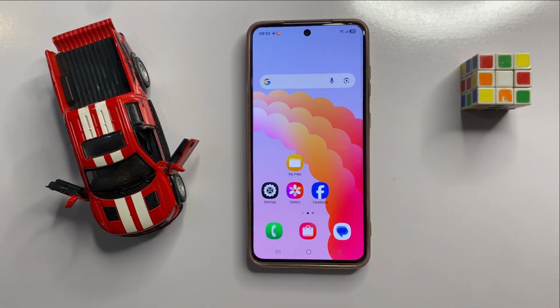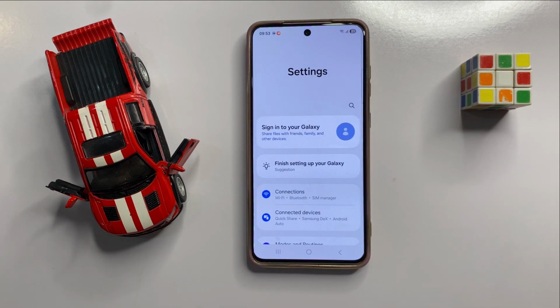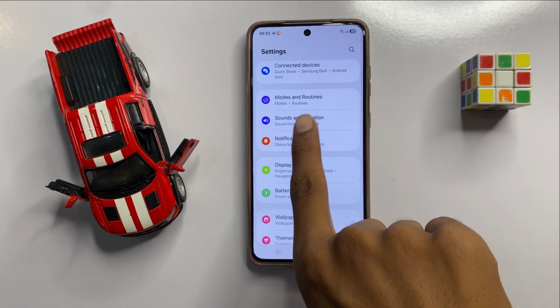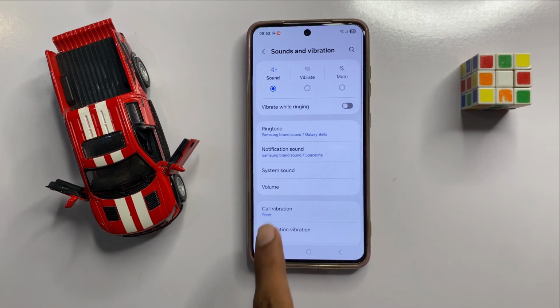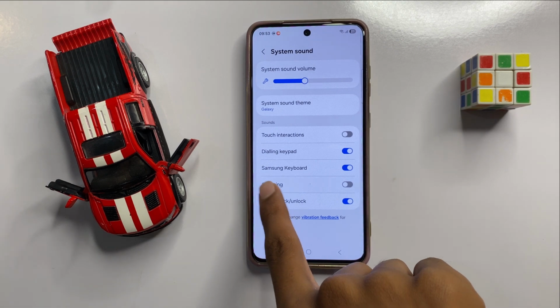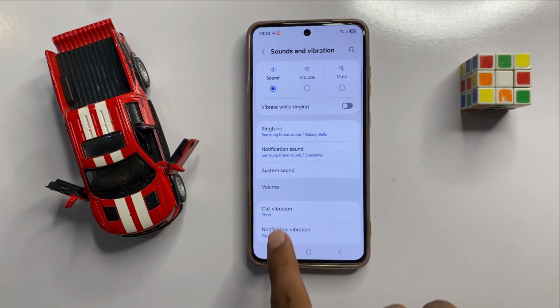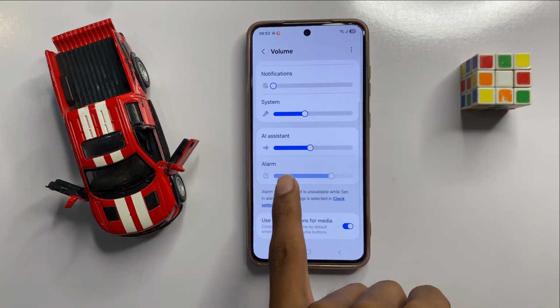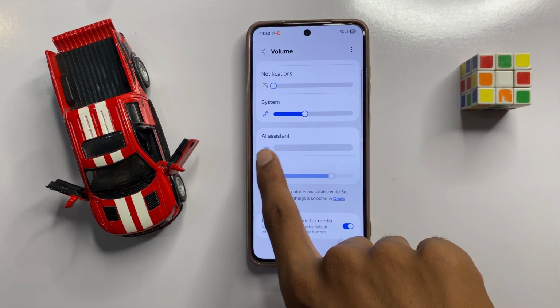First of all, open settings. In settings, scroll down and here you can see the option Sounds and vibration. Now click on it and click on System sound. Now go back and click on Volume. Now here you can see no specific option for alarm, but here you can see the alarm option